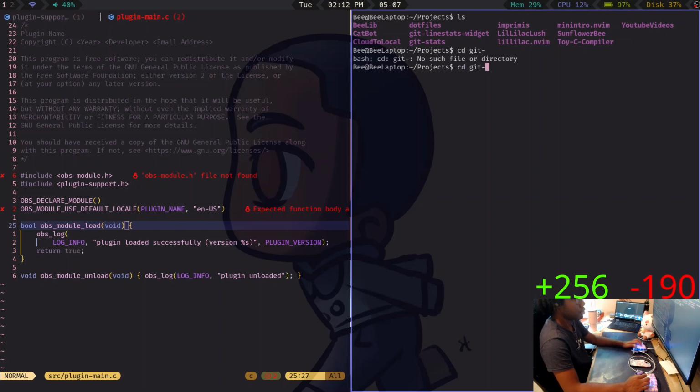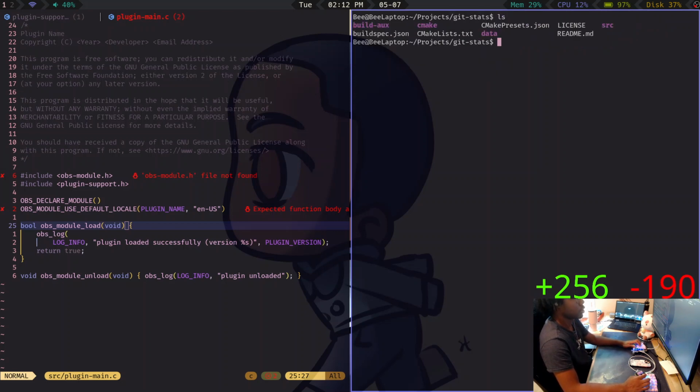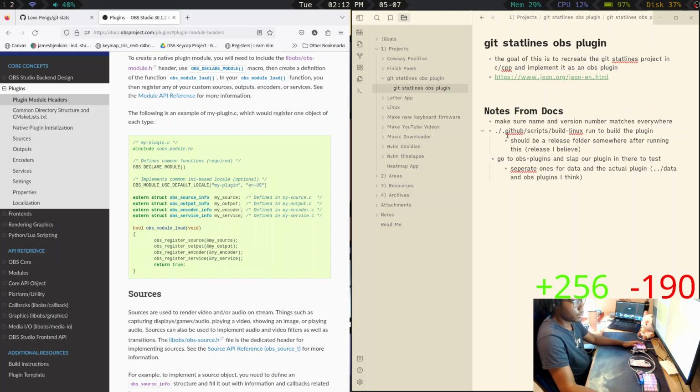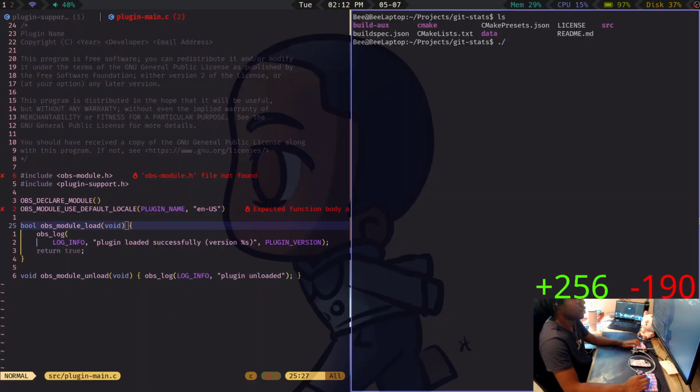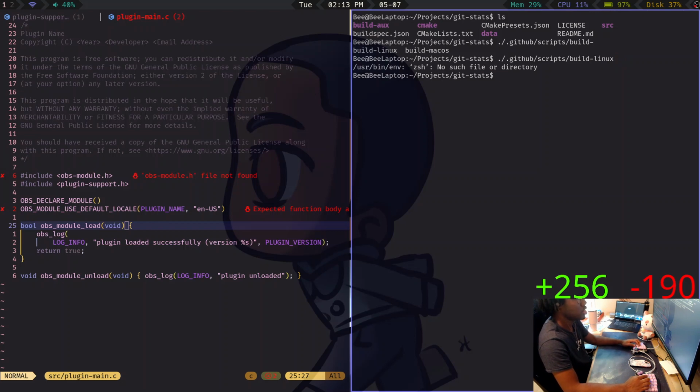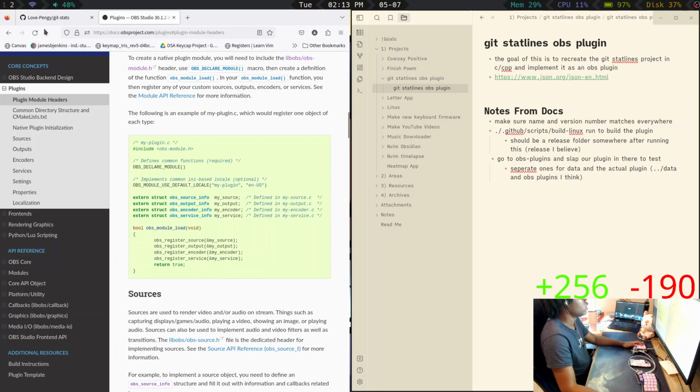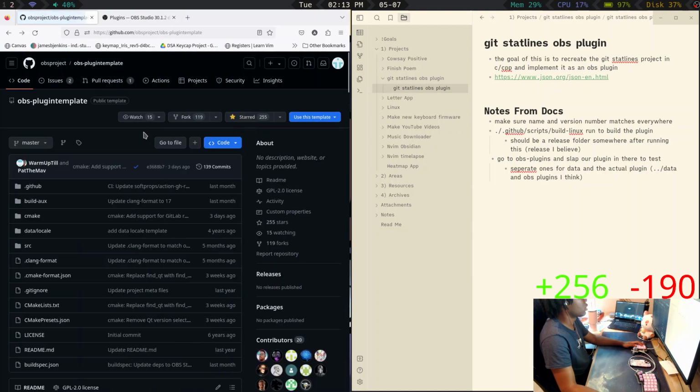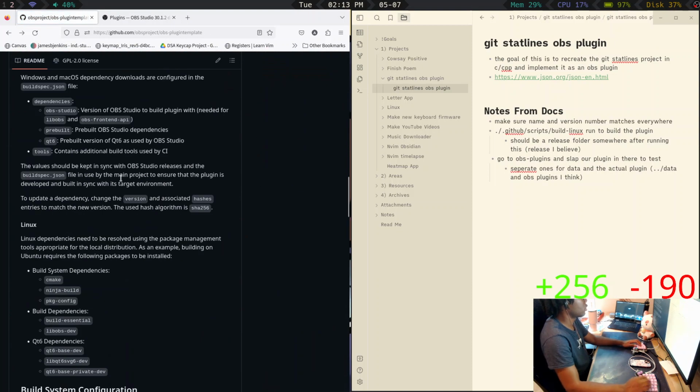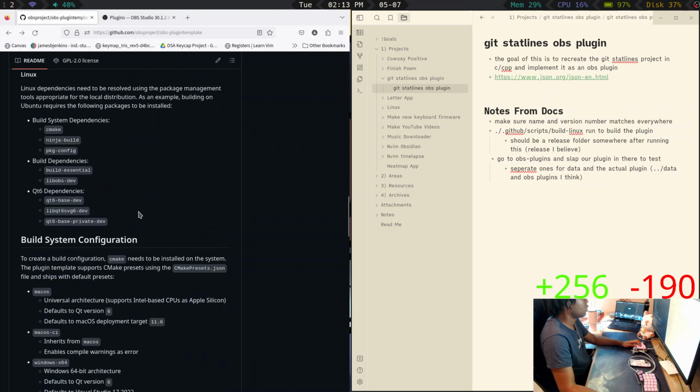Okay, so if we try to build this, get stats, then what I say, it was GitHub scripts build, dot GitHub scripts build Linux. ZSH. It says nothing about.